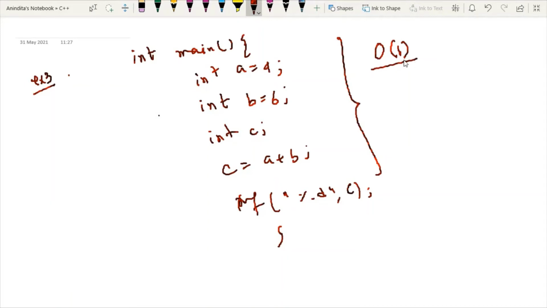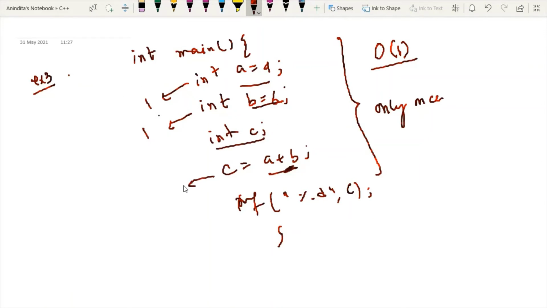As this program consists of only assignments and arithmetic operations, all of those will be executed only once. So for this line, 1 unit of time is required. For this line, 1 unit of time is required. Here no assignment is there, so I'm ignoring this line.